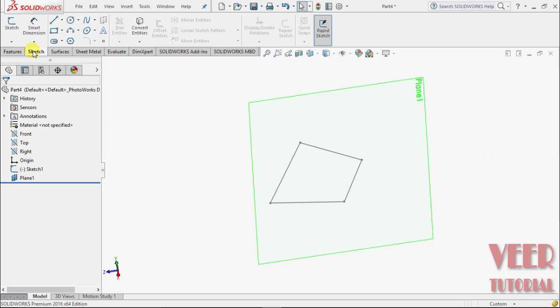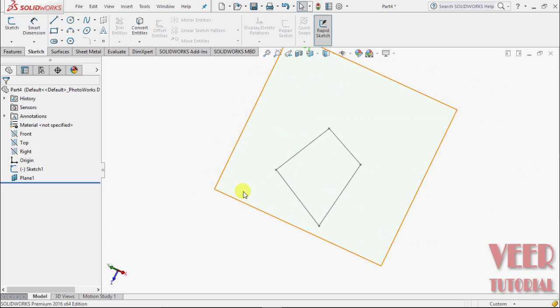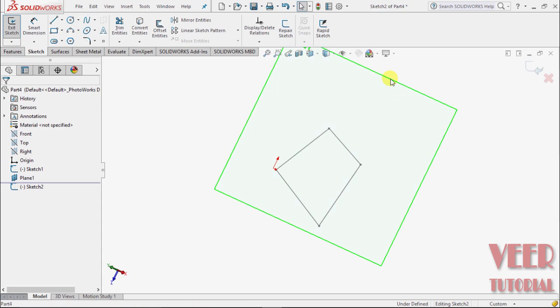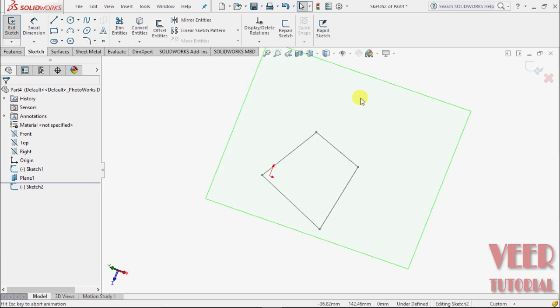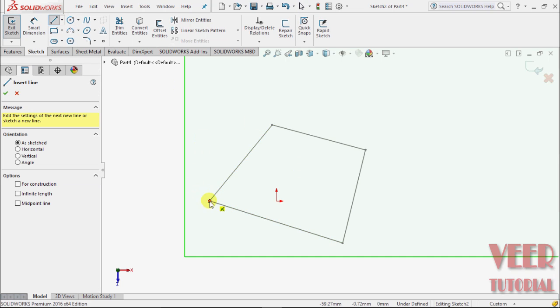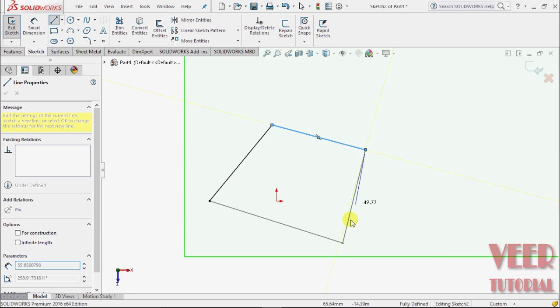Then we go to sketch once again. Now what we want to do is get the exact copy of the sketch on this plane. So one way of doing that, we can sketch this once again. Select this sketch and select this plane and rotate it to a normal view, and take this sketch as a reference, and draw another sketch. This is one way. Suppose I draw lines like this